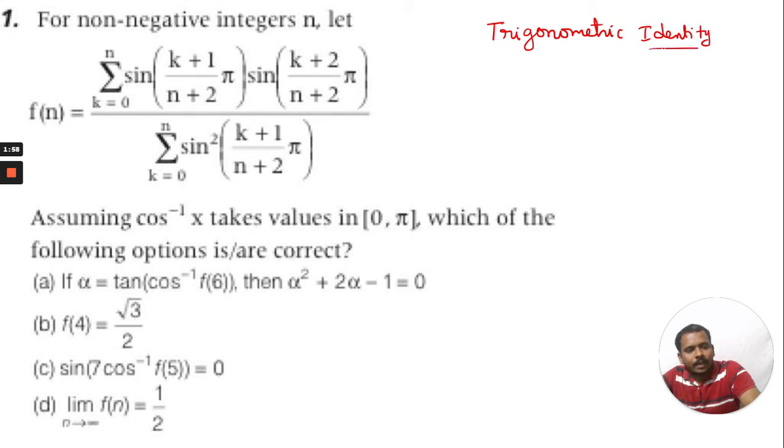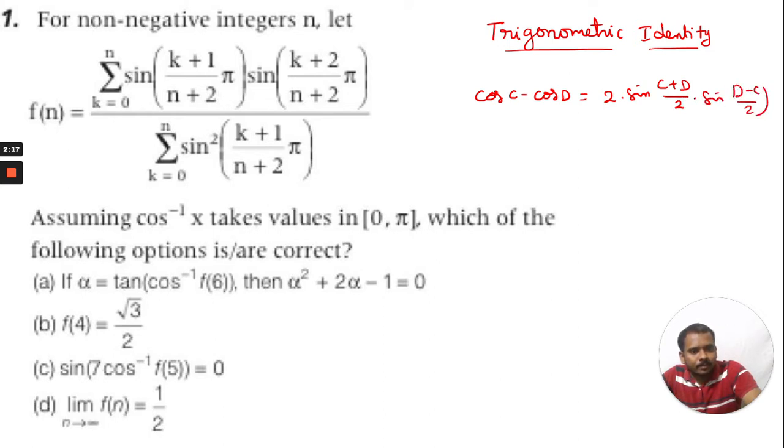So how does it look? When you look at the numerator, doesn't it look like the form cos c minus cos d? So we know that cos c minus cos d is nothing but sin of (c+d)/2 sin of (d-c)/2. And in the denominator, this sin squared theta can be written as 1 minus cos 2 theta, which is equal to 2 sin squared theta,